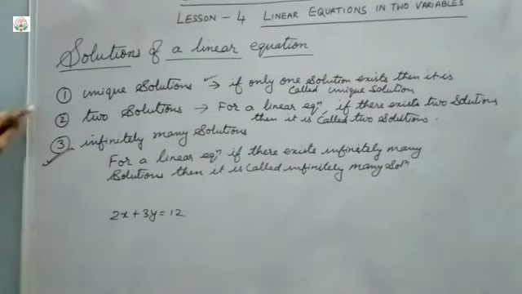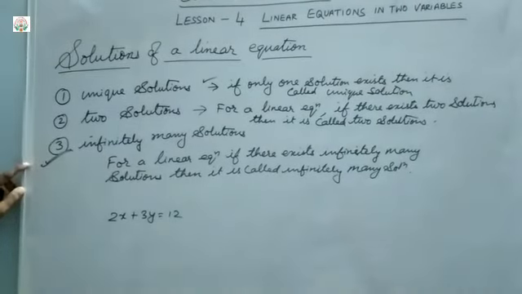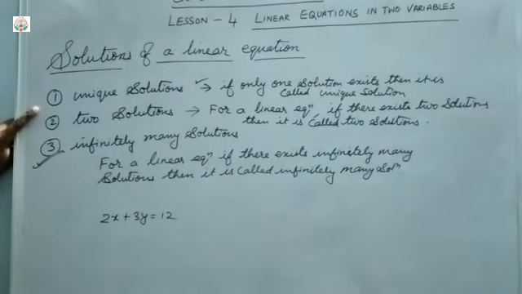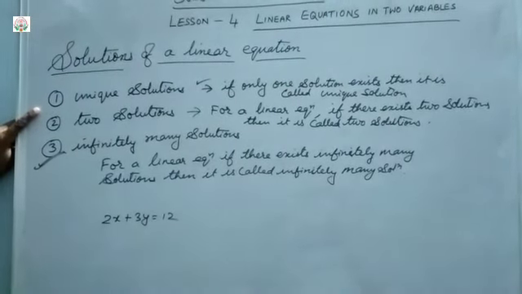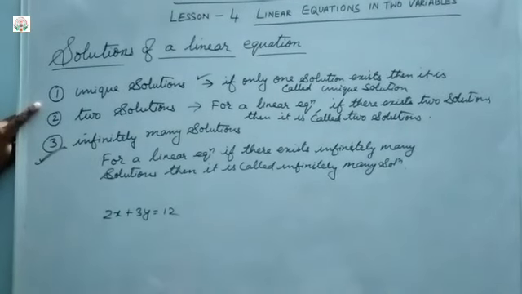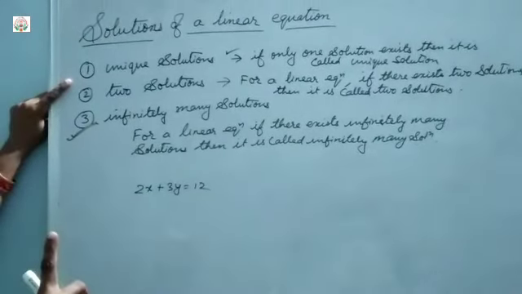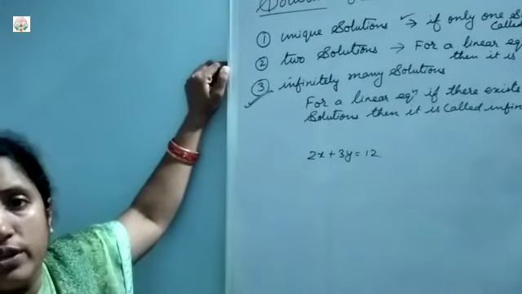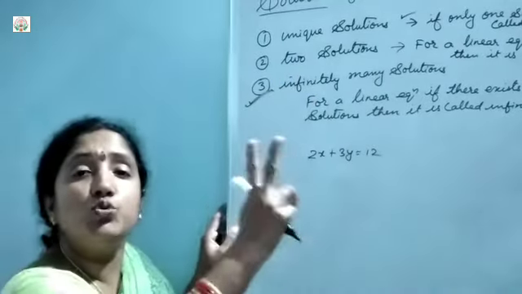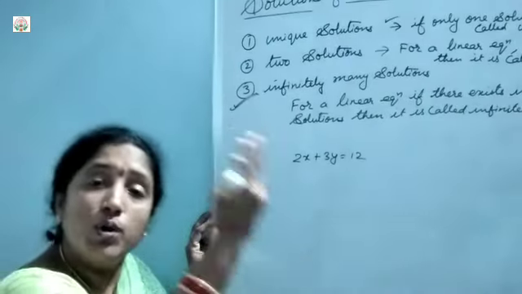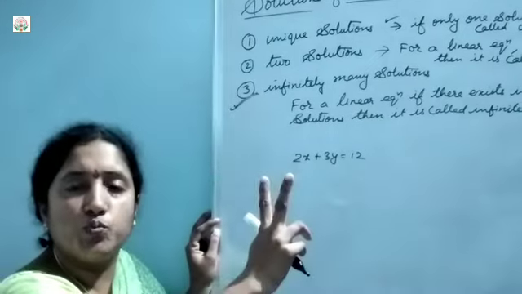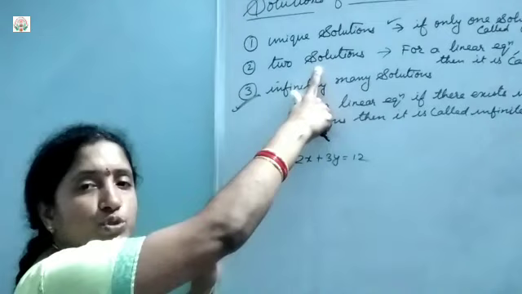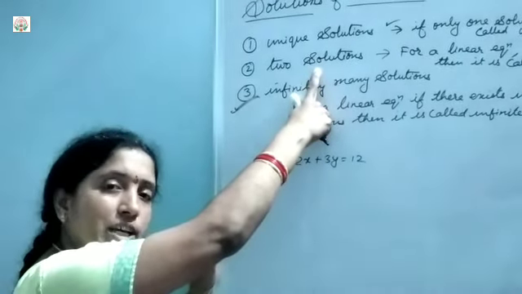Likewise, you can have many solutions for it. Okay, so likewise there are 3 types of solutions for a linear equation. It could be unique. Unique means what? There exists only one and one solution only, no other solutions for that. Then that is called what? Unique solution. Okay, but if there are 2 solutions for a linear equation, no other solutions exist except 2, then that is called your 2 solutions of a linear equation.